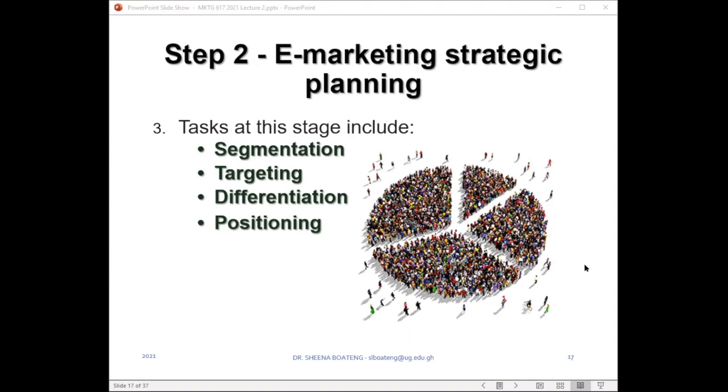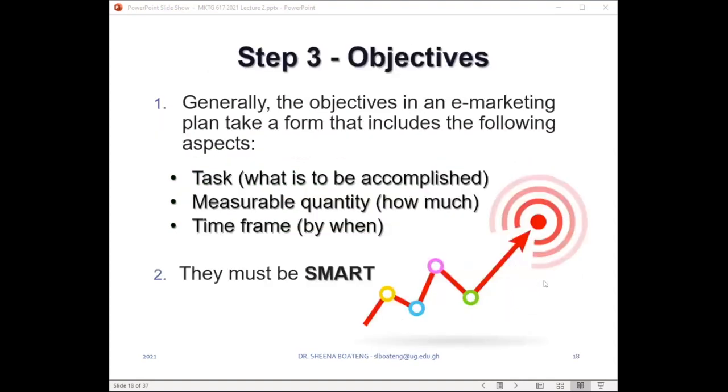Okay, all right. So by the time you finish your e-marketing strategic planning, you know which opportunities you are taking advantage of, which markets you are targeting, and how you are going to position and differentiate yourself to ensure that you have the attention of the customers within these markets. So once your strategic planning is complete, you can now go ahead and set your objectives. And here, talking about the fact that your objectives must be made up of 3 core dimensions. First of all, your objective must detail the task that is to be accomplished.